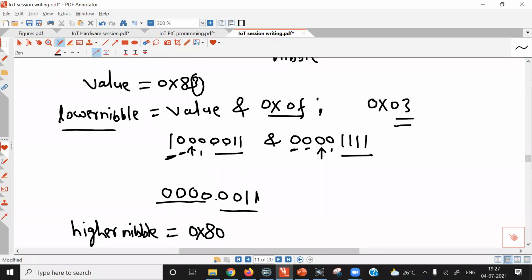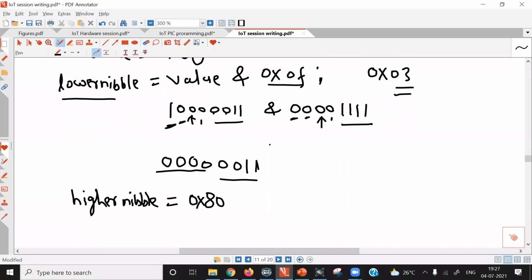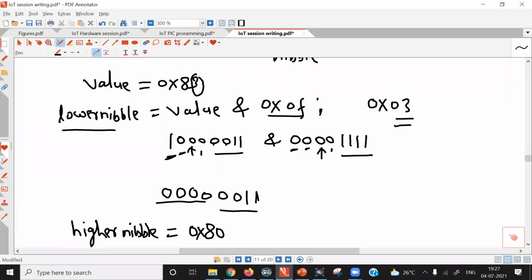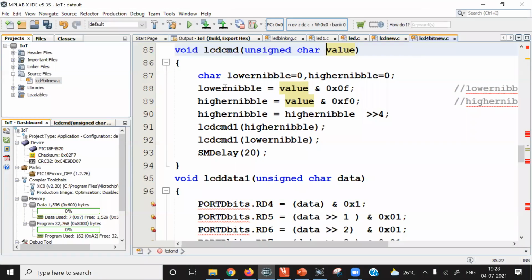In the second AND operation, we have removed the 3. So basically we have separated out the digits in this value. Digit 8 is separated, digit 3 is separated. That is the purpose of these two instructions. Lower nibble is equal to value ANDed with 0x0f. Higher nibble is equal to value ANDed with 0xf0.